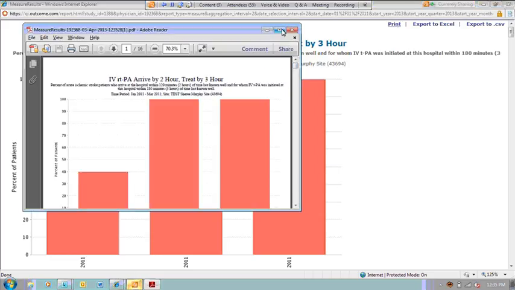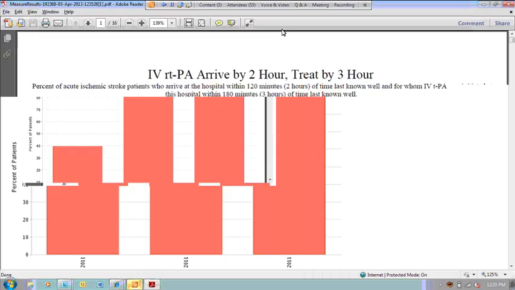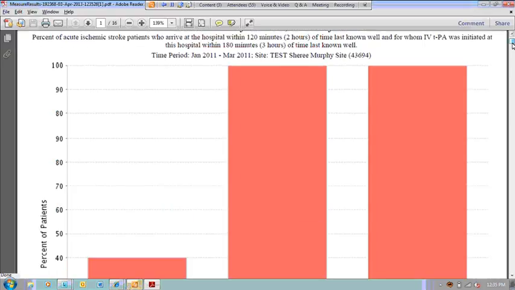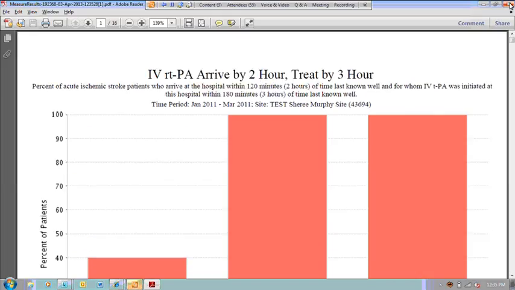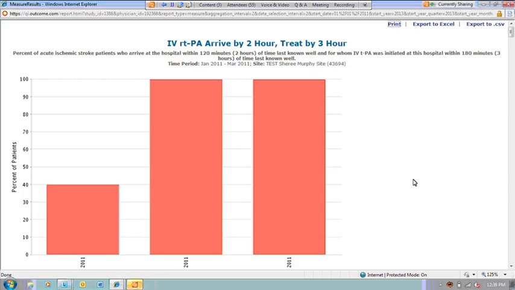But you can see it gives us what we saw on the screen in a PDF format. So you can print that out and bring that to your physician champion and say, here's how we look.